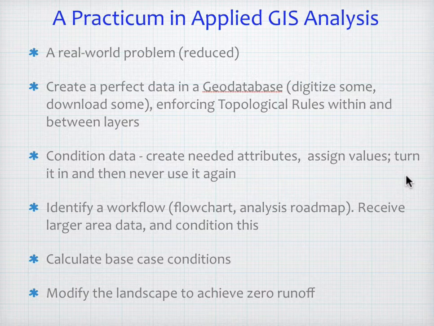So I'm going to give you a complete data set after you've gone through the development of the data for a sub area. The point isn't to have you spend all your time digitizing, but to refresh those skills and to see the connection between the data that you create and the analysis you're going to do. We're going to calculate